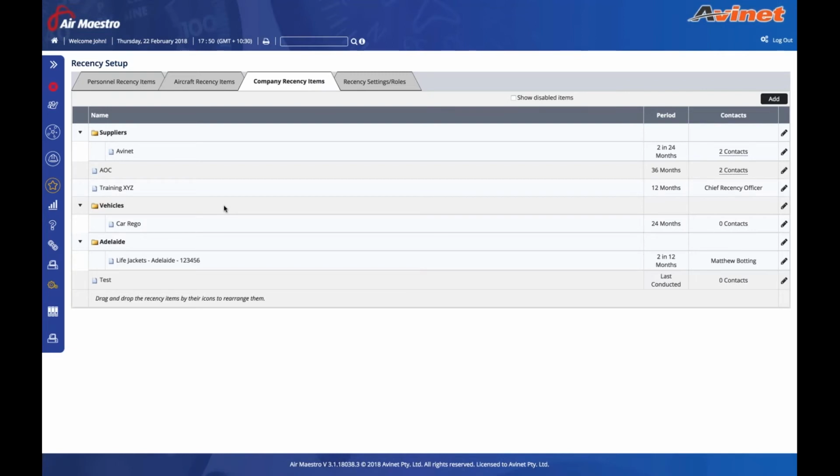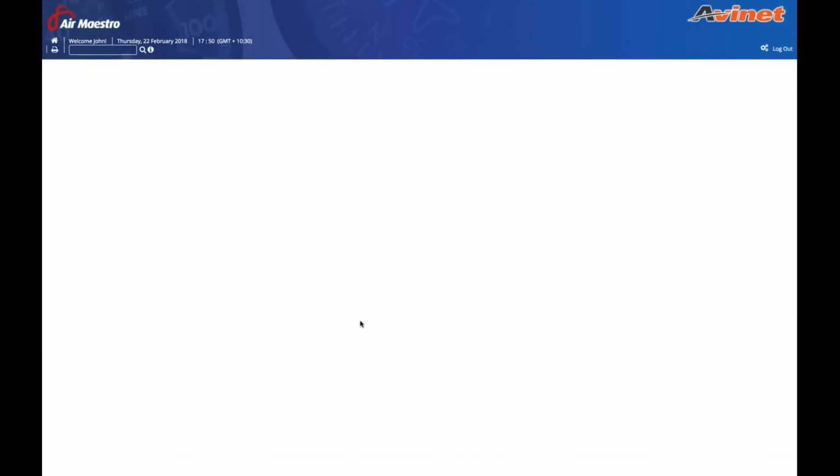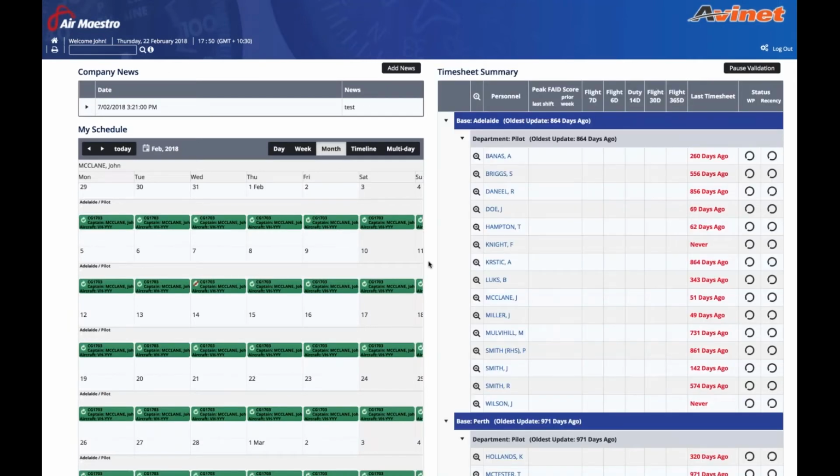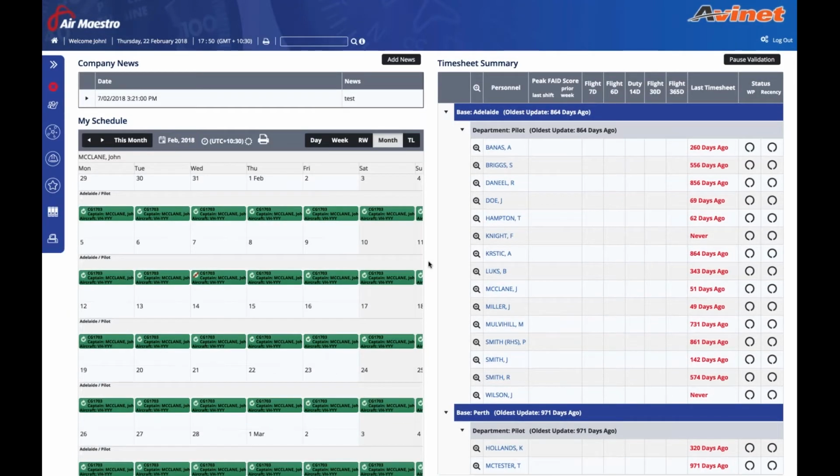Moving along to recency dashboards. This is not a change that you can visually see. It is a change that we made in the back end. It is what we refer to as data caching, which is just another fancy way of saying improving the memory that recency dashboards use to increase performance. Previously, when we released recency dashboards, it was a little bit slow, but we've essentially optimized the way it